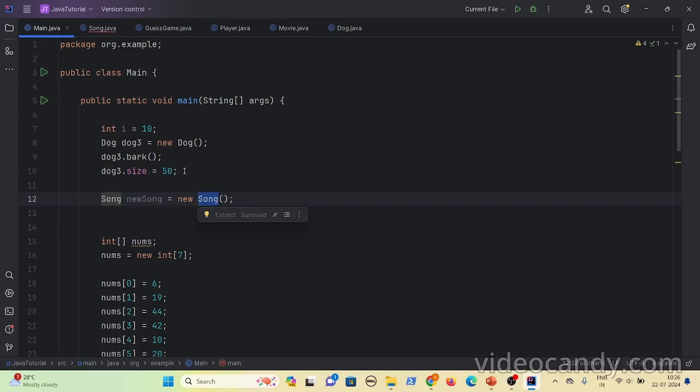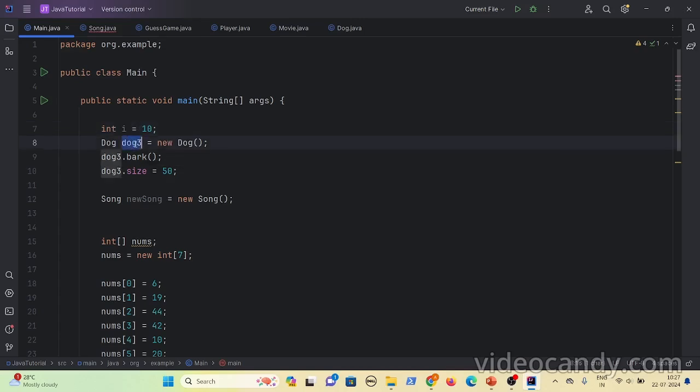Now, people may think I'm saying reference variables, but I'm not saying object variables. Here I have created an object, and this dog variable is holding the object. So why are we not calling this dog an object variable? Because it is holding a reference to the object. Like here, if you see int i, what is i? It is of integer type. Here I'm saying i is an integer variable.